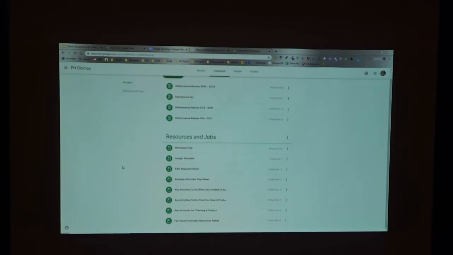And so one thing that I like to point out is the fact that you can use tags to sort your work. For instance, I split mine up between grades, which is the top one, and then resources and jobs. And it's really easy. If you create an assignment,